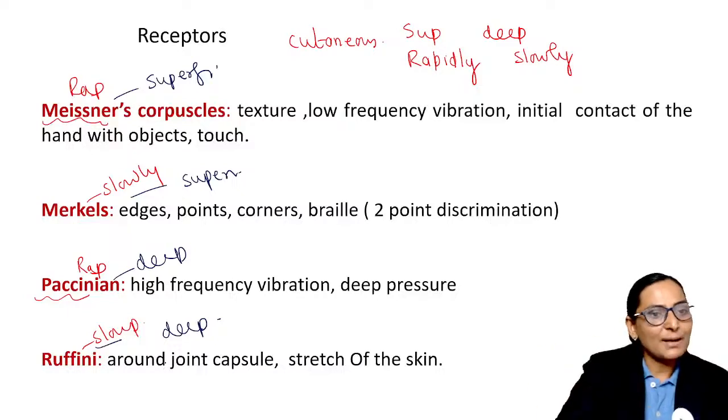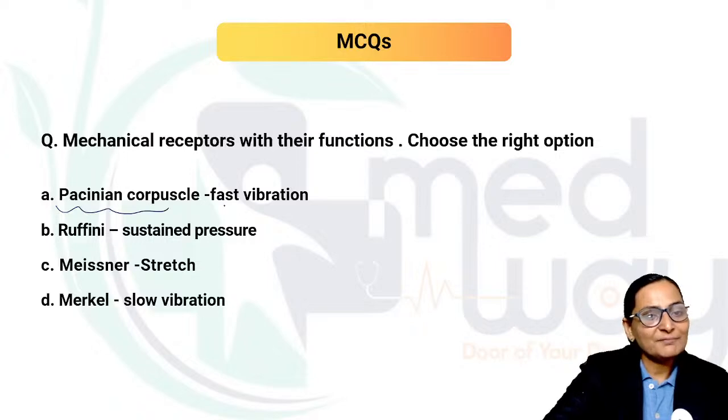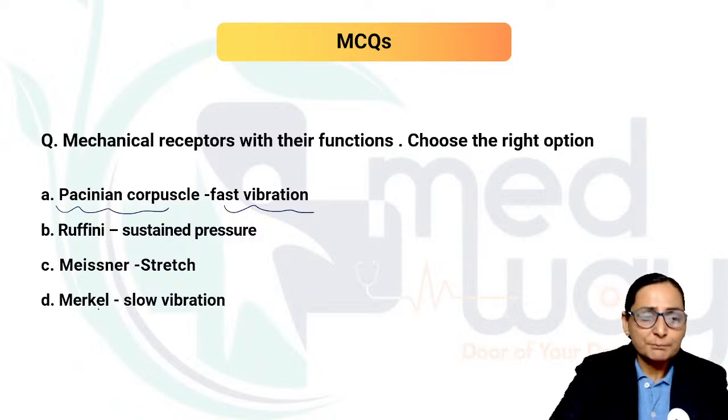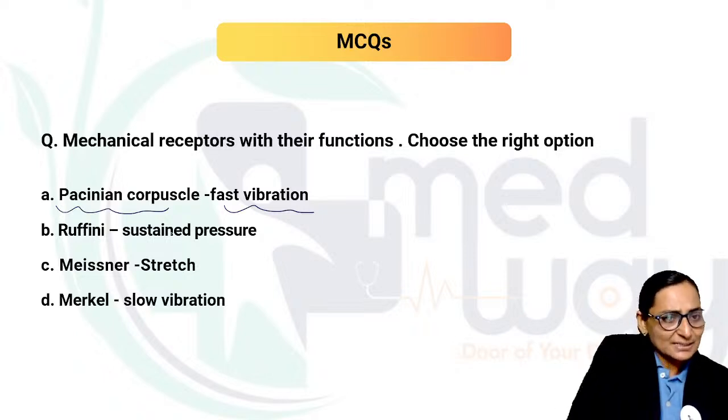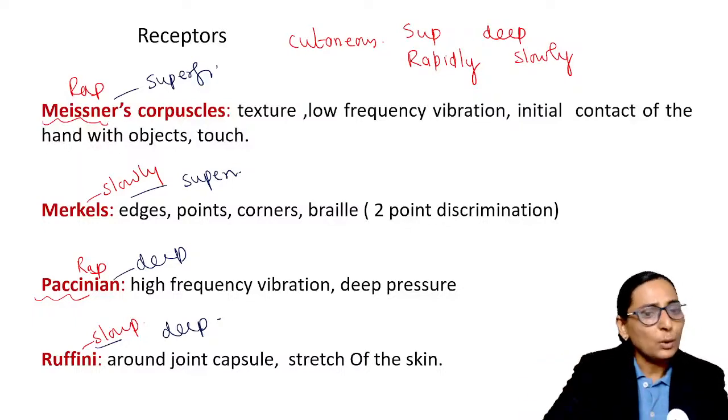Best option among the four given is Pacinian with fast vibration. Meissner's is a rapidly adapting superficial touch receptor. Merkel is also a touch receptor but slowly adapting. Ruffini, sustained pressure, yes, you can also say, but the best option